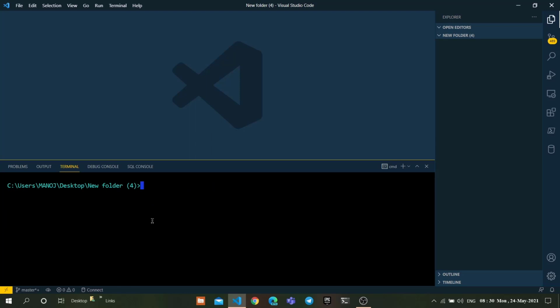If Django is not installed on your local machine, you can install it by using this command: pip install django. This command will install Django on your local machine. So let's create a Django project by using the following command: py -m django-admin startproject project name.